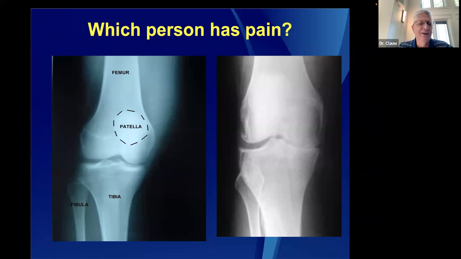It wouldn't surprise you to know that some people that have a normal radiograph could have pain. But it probably is quite surprising if I were to tell you that about a third or more of the people that have an x-ray like the one on the right don't have any pain. And I'm showing knee radiographs today, but I could be showing x-rays or MRIs of any area of the body. And the reason I show this slide is to point out that you can't see pain on an x-ray,